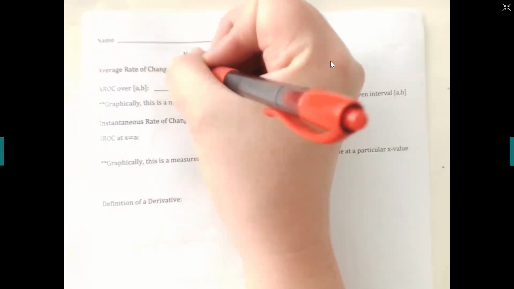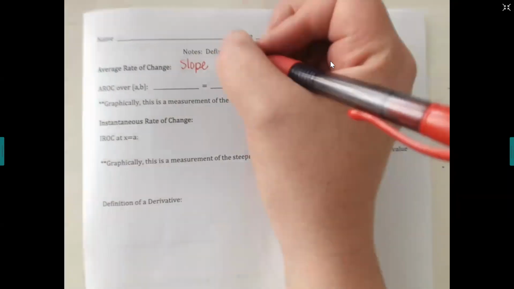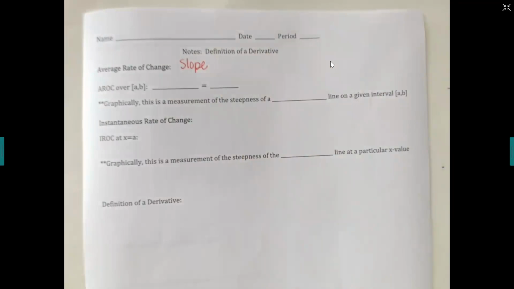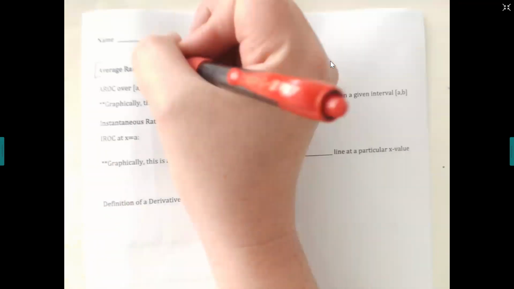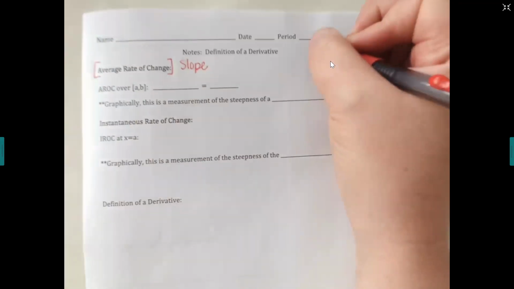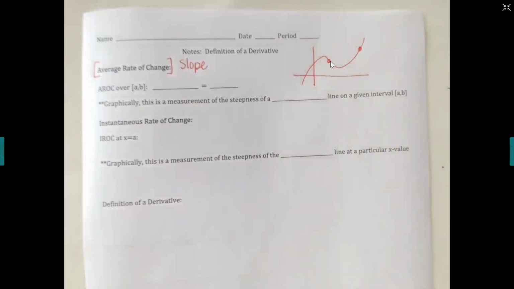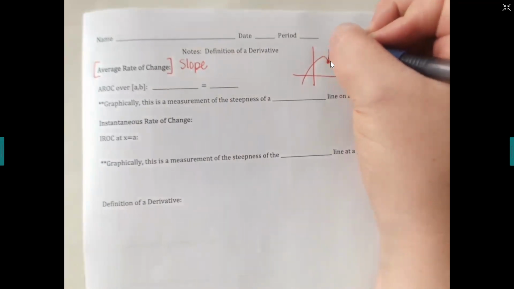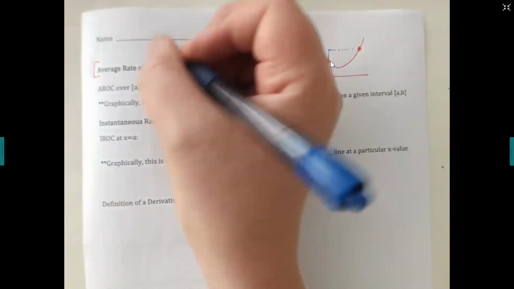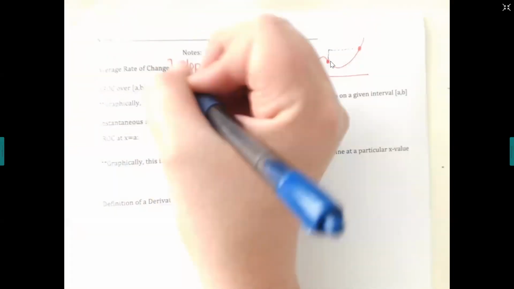Usually slope and rate of change are used pretty interchangeably as they're working up through their math career with STAR and stuff like that. But usually average rate of change is the only slope that they're actually seeing. So if we were to give our kids a graph, choose 2 points and say, find the slope between these 2 points, or even find the rate of change between these 2 points, what your kids are going to do is count the rise, count the run, and then calculate what that value is,